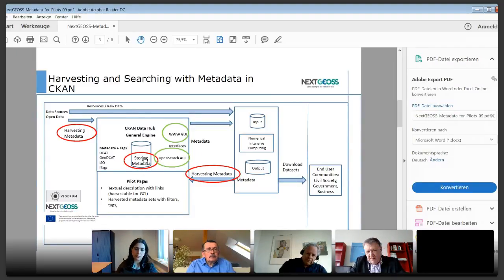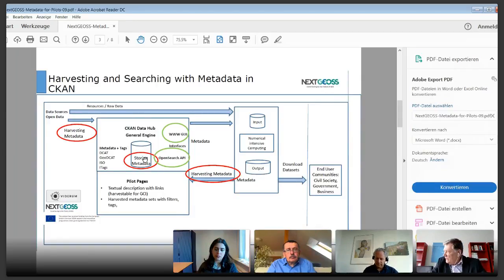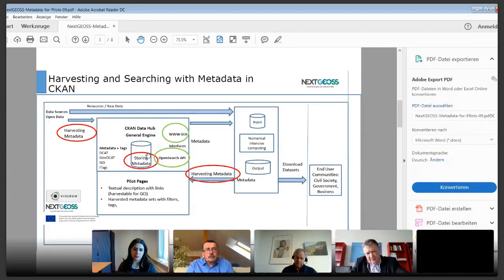catalog. Let's say you want to see the pictures of Belgium from March to August to make a time series to observe the crop in a particular area. Then you can search it by hand here with a web GUI, or you can use the OpenSearch API to connect the machine to search for the particular data you need